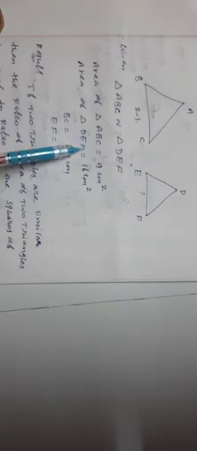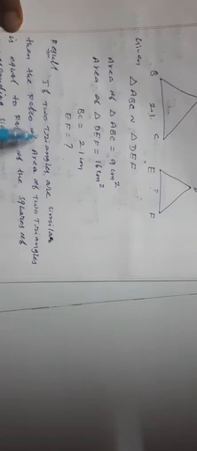So in the question itself they gave triangle ABC is similar to triangle DEF. Two triangles are similar, right? Then the area of triangle ABC and area of triangle DEF, and then BC and EF are given. Clear? So here two triangles are similar and their areas are given, so I can use the result.